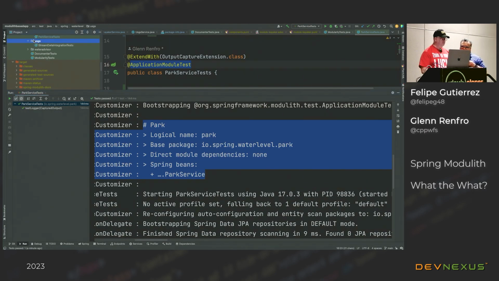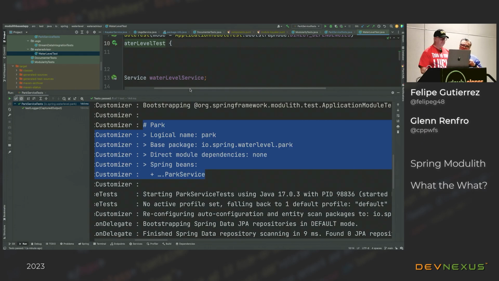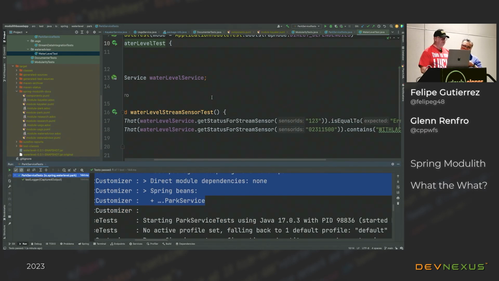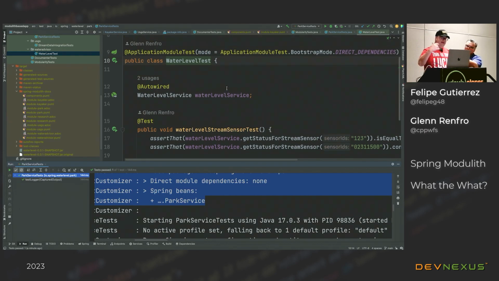Glenn, can you show that actually you can do these particular slice tests with multiple direct dependencies? Absolutely. And the way that we do that, if we remember, the water advisor has a direct relationship with the USGS. So for it to really be tested in an integrated way, I want to be able to bring not only in the water advisor, but bring in the USGS module.